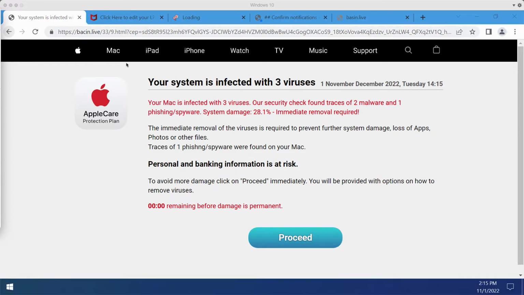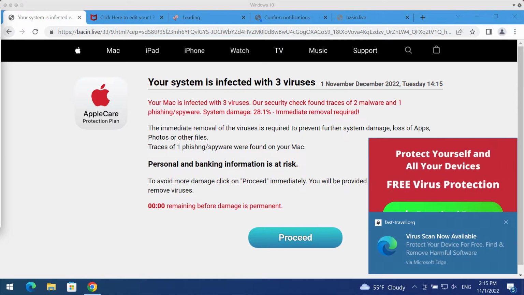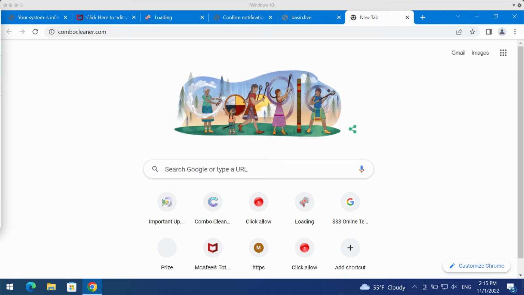Such pop-ups may be the result of some adware on your computer. I recommend you to carefully research your system with the help of reliable security software such as Combo Cleaner Antivirus. You may get it on the official page